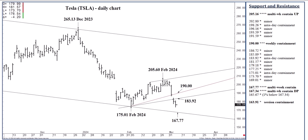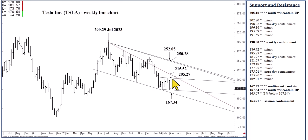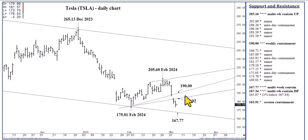I'll take you back a little bit in time again. Following the near test of this previous descending 1/3 speed line, and then most recently a couple of days ago, the settlement below the 183.92 channel bottom. So 167.77 is a 3 to 5 week target below the low 200 area, and it's a 3 to 5 day target below 183.92. But I've reduced 183.92, and I'm thinking mostly in terms of day traders and 3 to 5 day swing traders. In other words, if we were to close back above 183.92, I wouldn't consider that to be